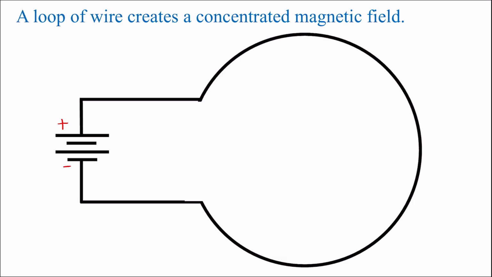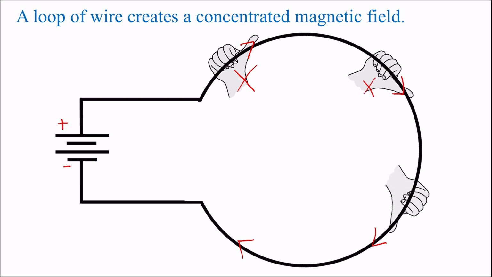A way to get a more concentrated magnetic field is to run a current-carrying wire in a loop. So here, current through this loop would run clockwise. And I'm going to go around in a few places and use the right-hand rule. On the top left, if I point my thumb in the direction of current, my fingers would curl into the page. Top right, same thing. Fingers curl into the page on the bottom right, and into the page here. So everywhere along the loop creates a field into the page. So the magnetic field inside the loop is into the page